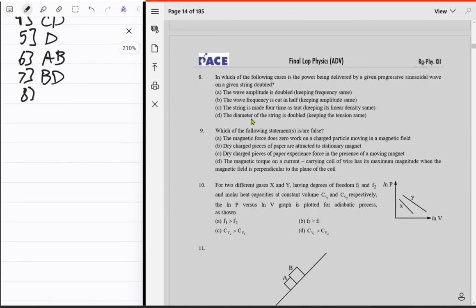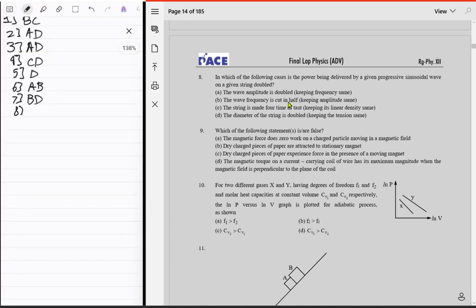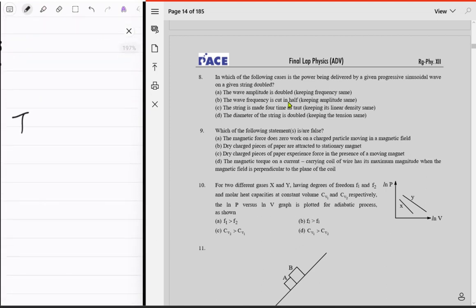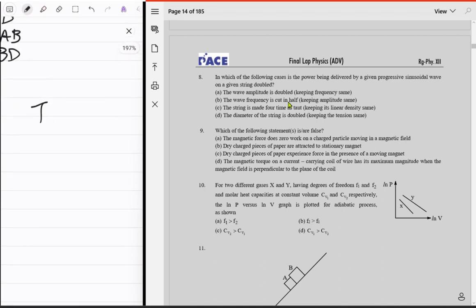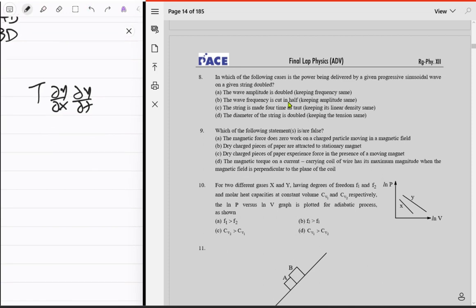In which of the following cases is the power being delivered by a given progressive sinusoidal wave on the string doubled? The wave amplitude is doubled, keeping frequency the same. The wave frequency is... okay, we just have to do this, right? So you want the power. It's just T partial y upon partial x and then partial y upon partial t. I guess that was the thing, like velocity and then the force, right? So like T a squared